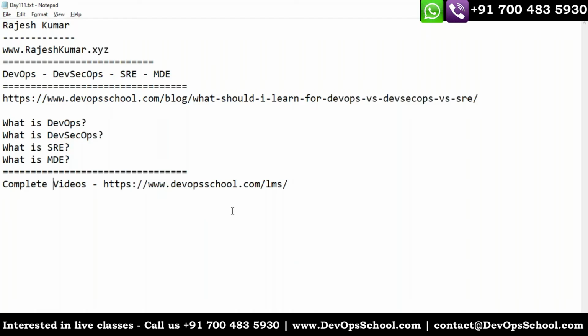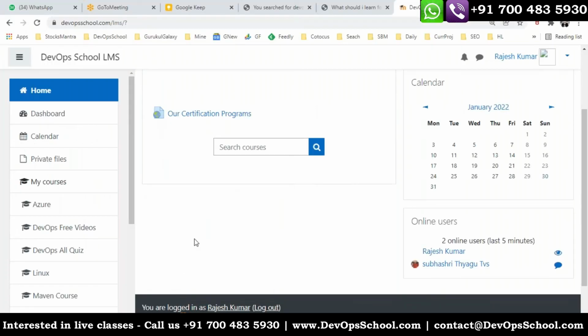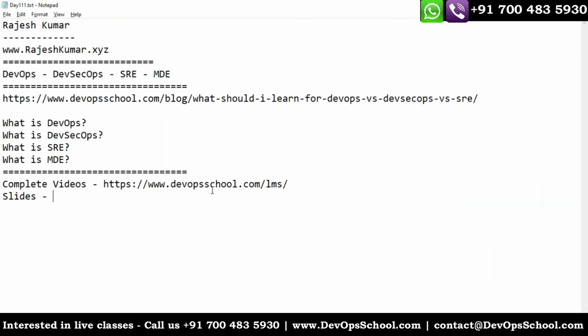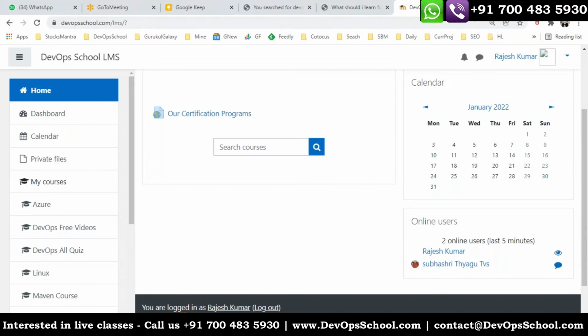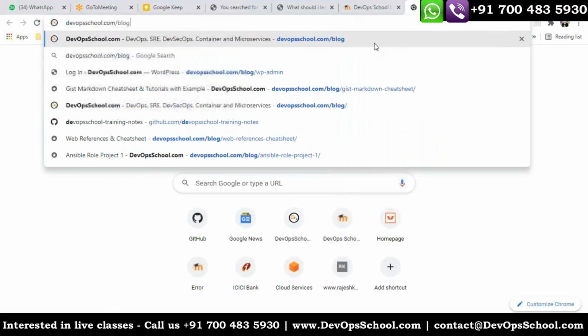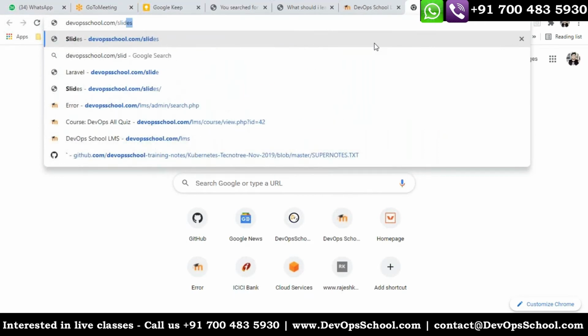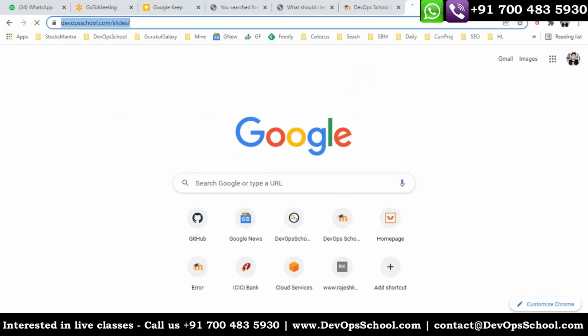The same day through WhatsApp. So that's the thing. All the slides, more or less, would be shared by the trainer. Whoever attends these sessions, they will share the slide link, and you can download. Sometimes coordinators also share that slide link. But more or less, you will find the slides in popular locations.